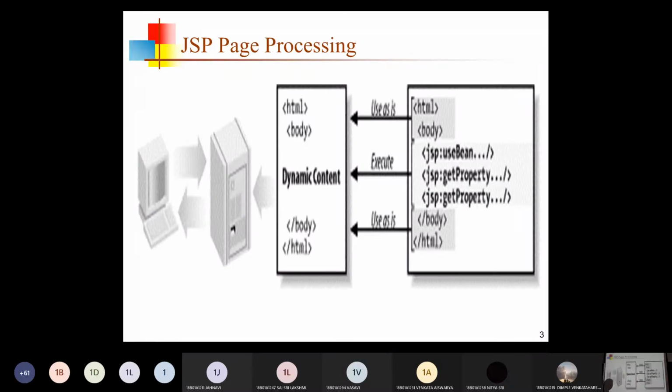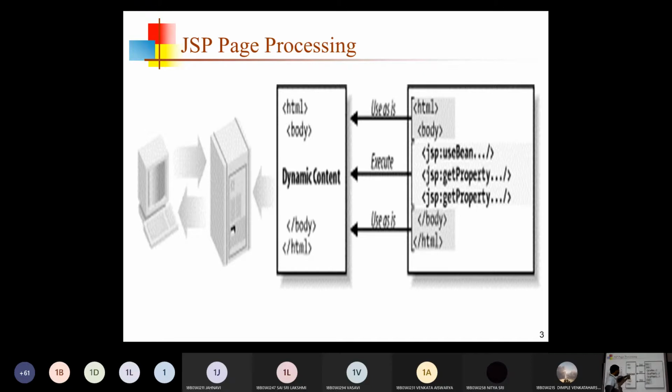This is JSP processing. Here the middle one, what I am showing you, is HTML with JSP code. JSP code itself is contained inside the HTML code. It starts with HTML and body, and this is the code for JSP's dynamic content, and at last the body and HTML are closed.